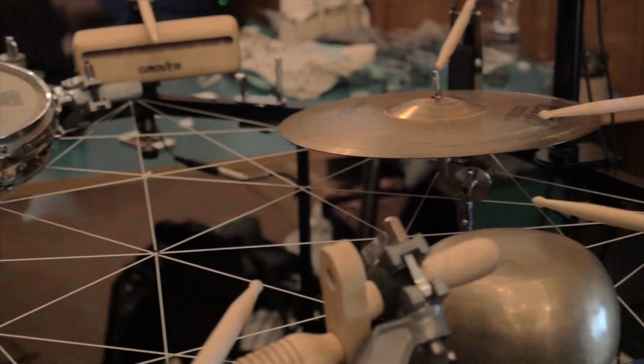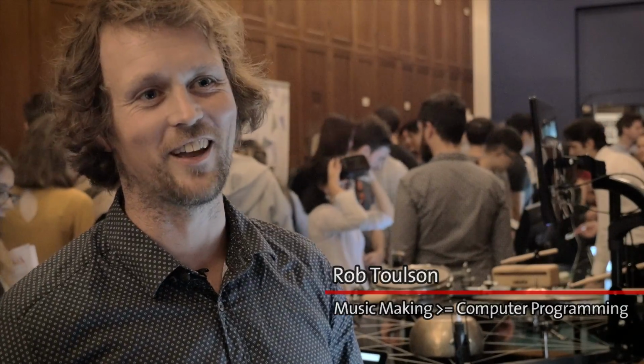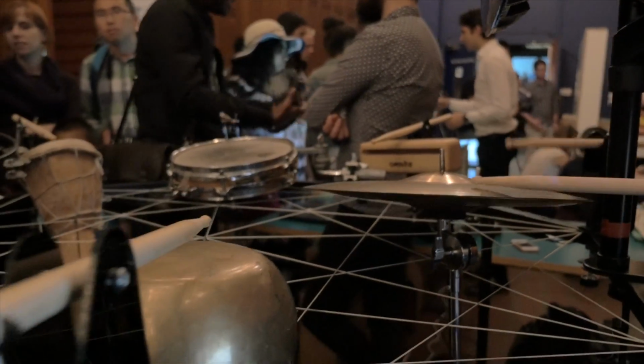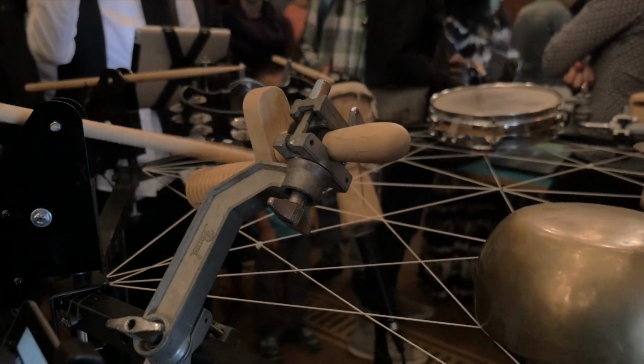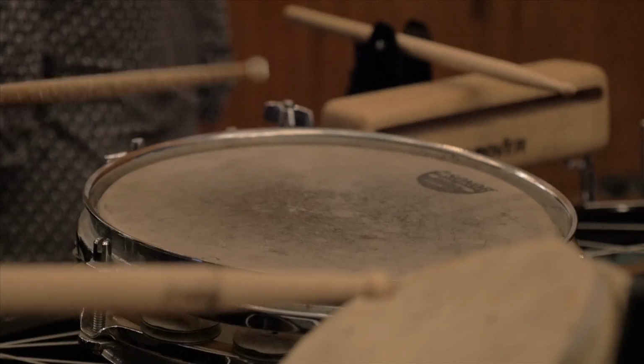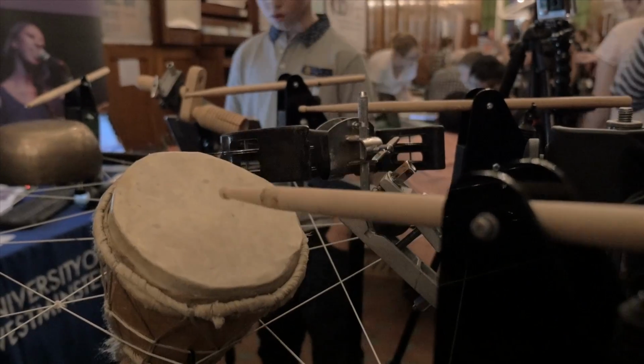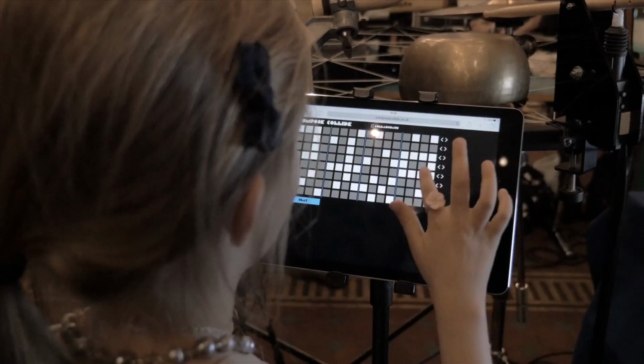I'm Rob Toulson from the University of Westminster. We're exhibiting an exhibit called Music Making is Greater Than or Equal to Computer Programming. Essentially, we're looking at a number of examples of technical fusions between technology and music. We've got a number of examples here, predominantly this robotic Internet of Things drum machine, which is essentially taking messages